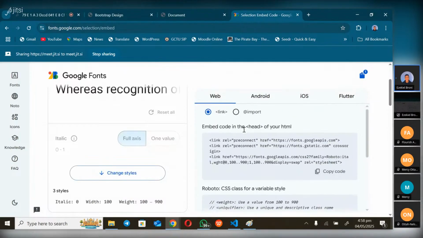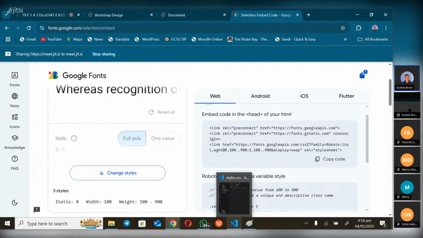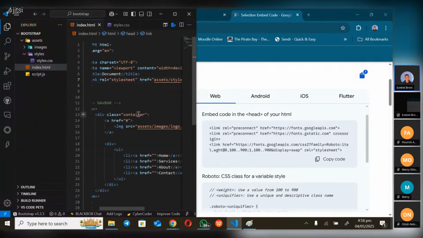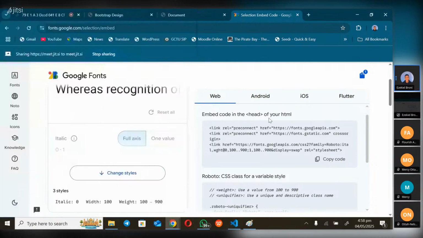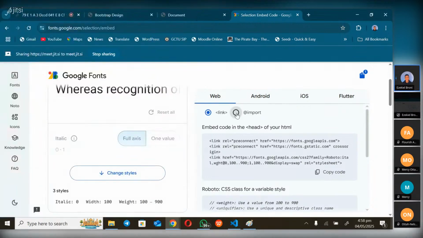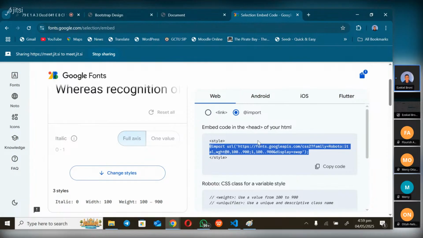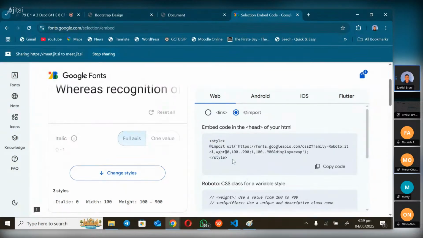So we have either the link or the import. The link one will be placed inside your head tag if you are using the link style. But if you want the import style, that one is going to be in your external CSS. You can also put it in your head if you want, but it has to be under